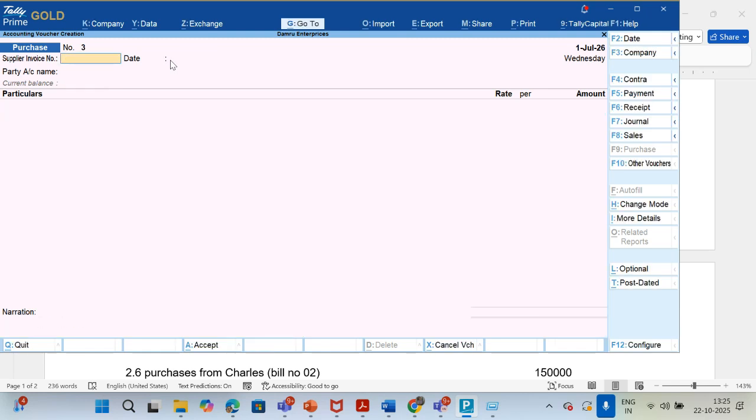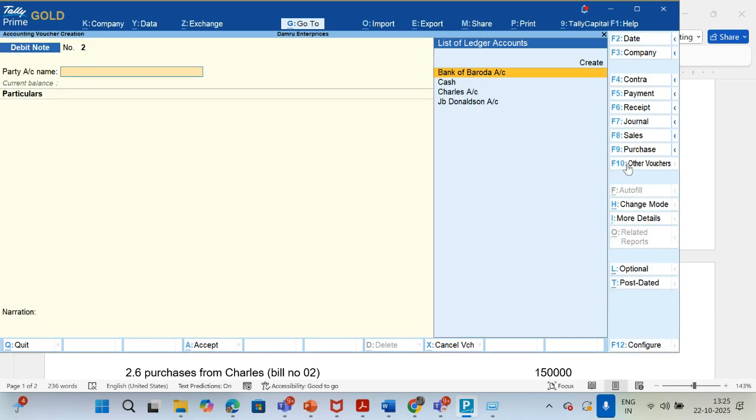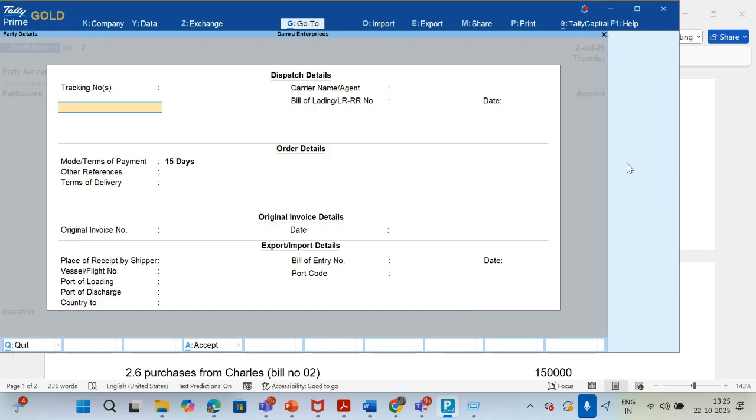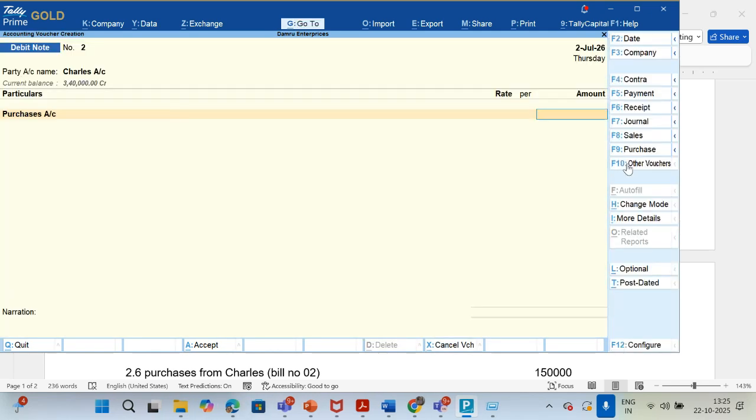Now the next day, on 2nd July, we want to make the debit note. Why debit note? Because there is a purchase return to Charles for 35,000. So here is F10, and there is a shortcut key Alt F5 for the debit. Now you have to select the same party, because Charles is the one you are returning to. Control A. Now the moment you select the purchase account here and enter 35,000,